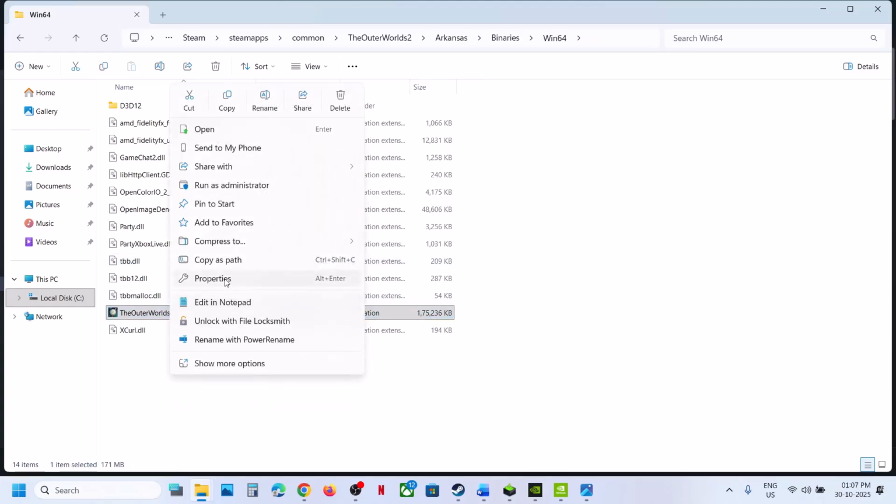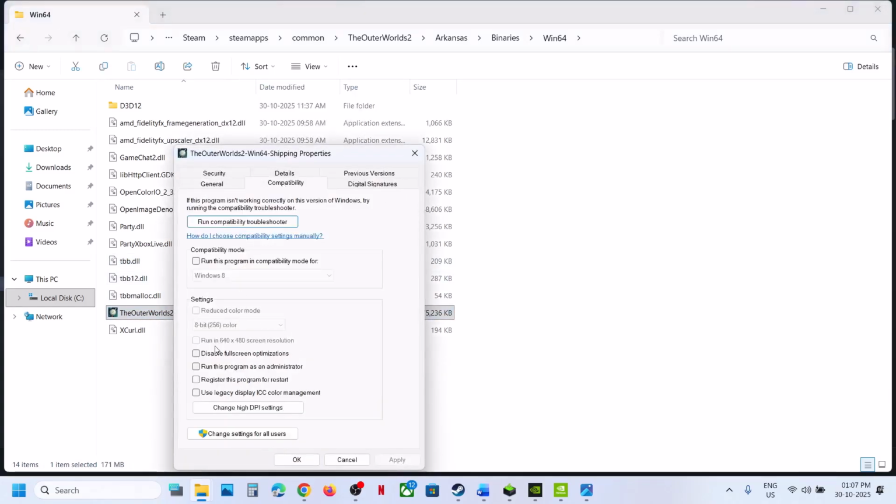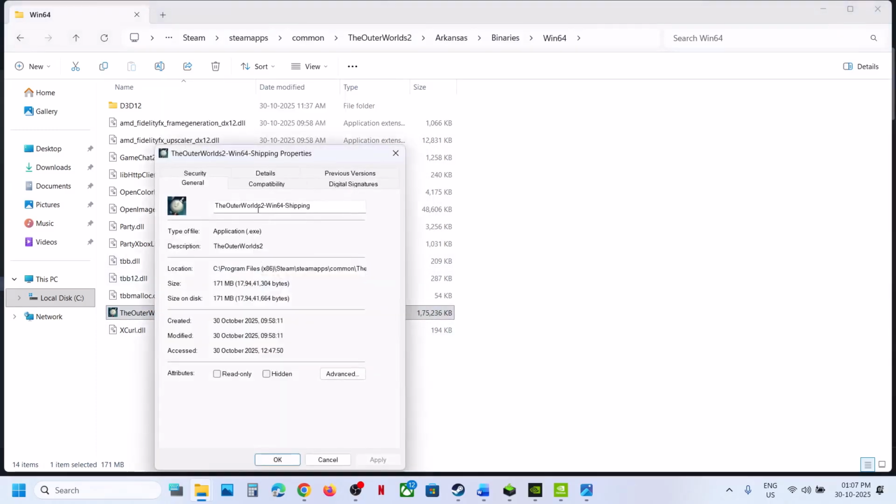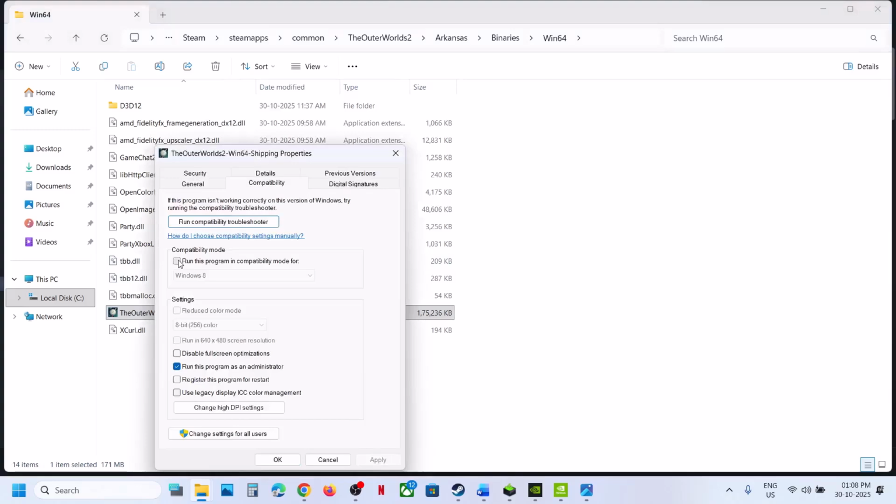Still not working, right click, go to properties, go to this tab, put a check on the box which says run this program as an administrator, hit apply, click on OK, double click, launch the game. Still not working. In that case, you can try Windows 8 over here, hit apply, click on OK, launch the game. If that does not work, you can even try Windows 7 over here, hit apply, click on OK,